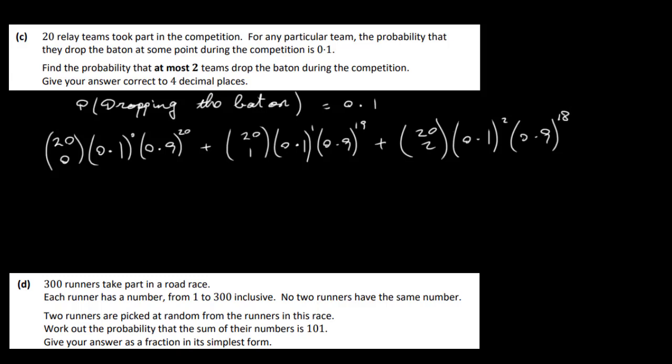Okay, so this is the probability that no teams, 1 team, and then 2 teams drop the baton. We just add the 3. So okay, when you do all of that then, you get 0.12, let's see, we'll do them individually,